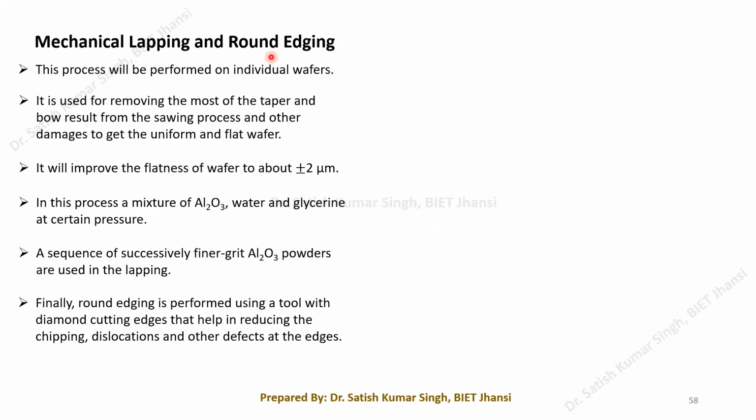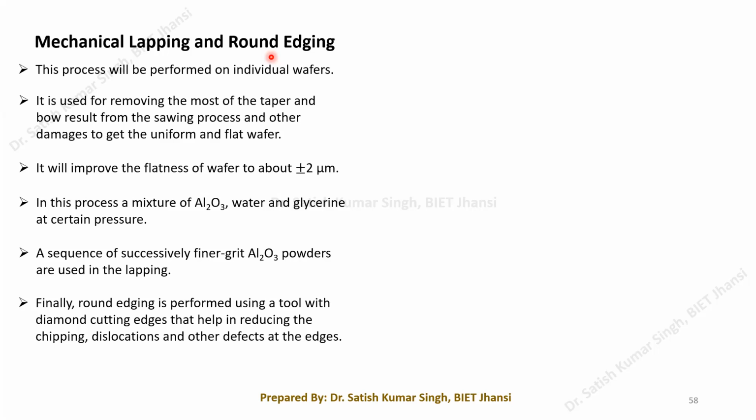During the sawing process, I explained that the tool will decide the tapering and the bow of your wafers. Tapering, as you know, is the thickness variation of the wafers, and bow means the curvature of the surface, what curvature it is actually following. It is measured from the center of your wafers. Basically it should not have any tapering. The variation should be very small. Ideally there should be no variation, but we cannot get that. It should have a very uniform thickness.